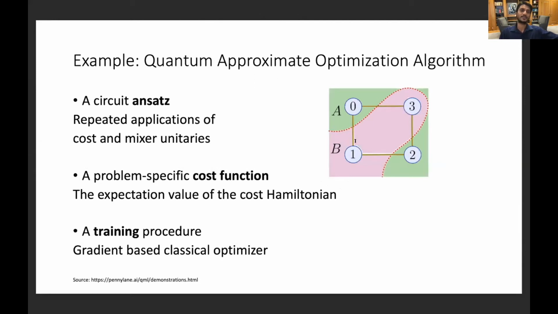And similarly, for example, the quantum approximate optimization algorithm, like this very famous problem of maximum independent set, where let's say we want to find an independent set of a graph, that is a set of nodes which don't share an edge with each other. Those kinds of problems can very well be ported to a quantum circuit, and using these quantum variational algorithms, that is by choosing an ansatz, cost function, and training procedure, one can expedite over the classical solution to get the right answer at the end.